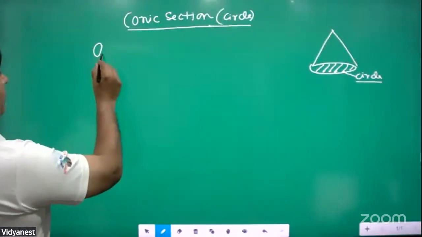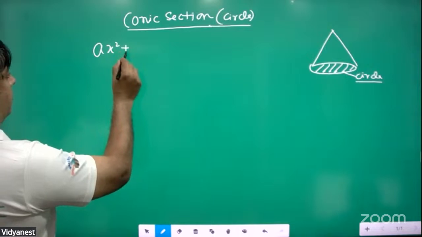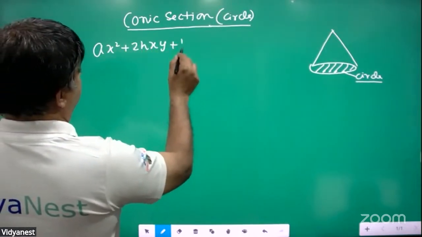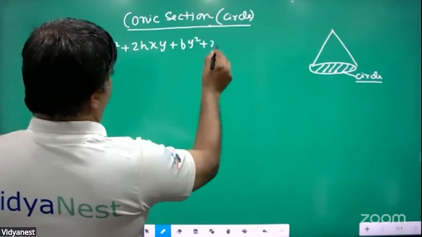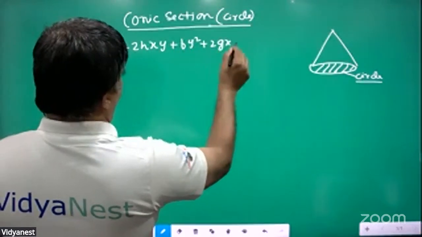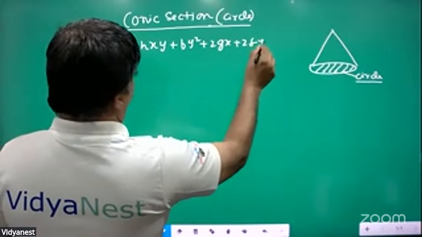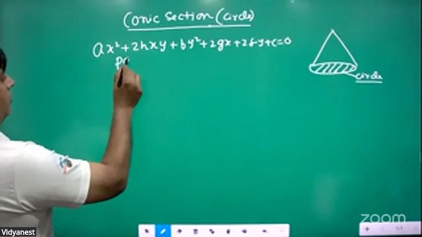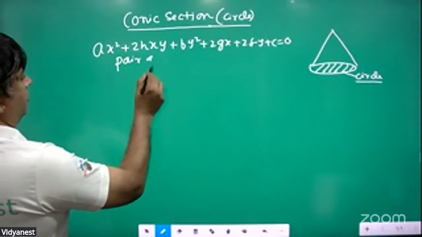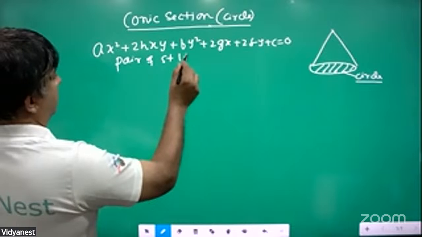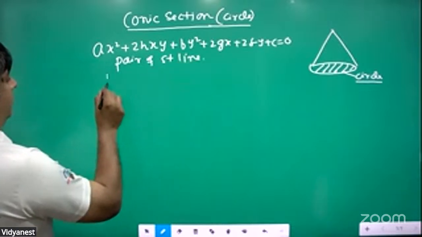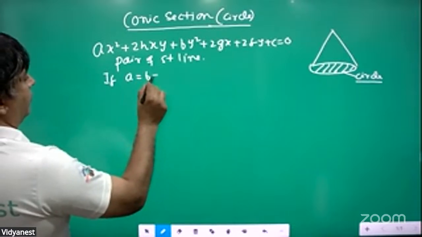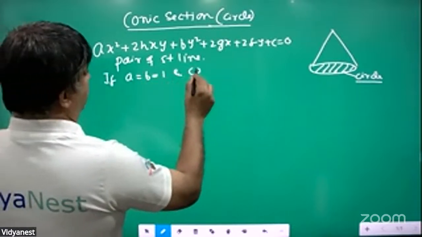See, from pair of lines we get this is the equation of pair of straight lines. Now, if A, B, 1 and